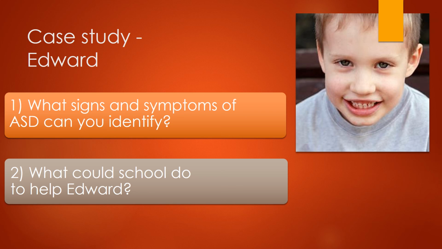Edward gets very anxious when he does not know what will happen in school and asks questions constantly to find out what they will be doing later on in the school day. When an unplanned event occurs in school, Edward gets very distressed and takes a long time to calm down. He always likes to walk the same way home from school and has to stop at specific points along the way to point things out.